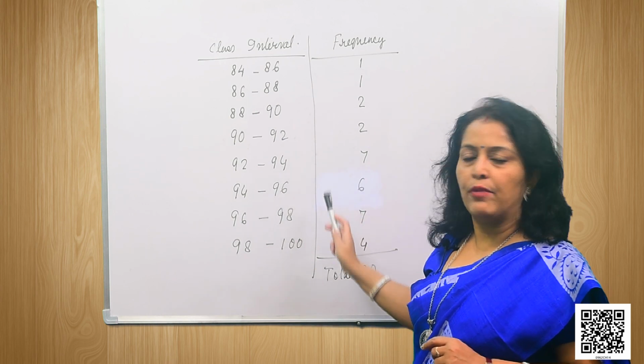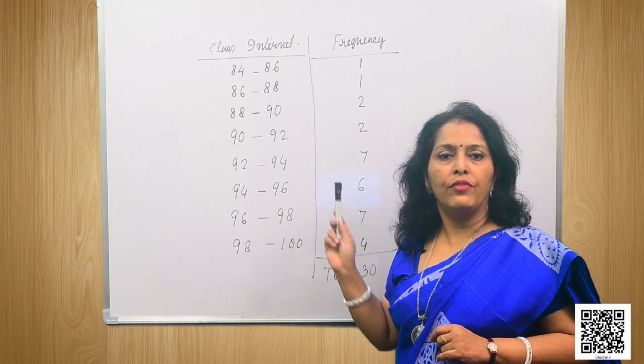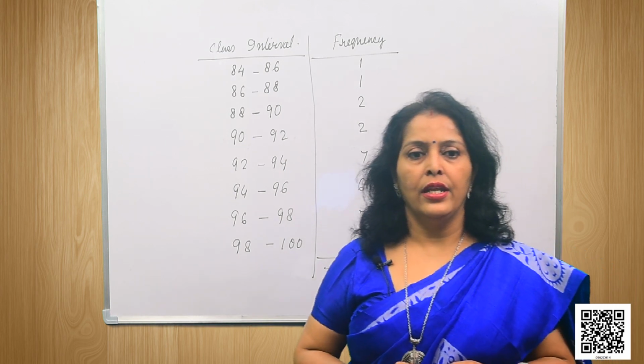Here also, for checking, we have done that. The last one, the total is 30. So our frequency table total is 30. Now the second bit is